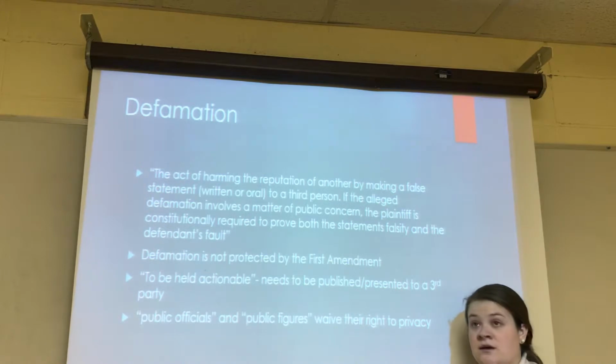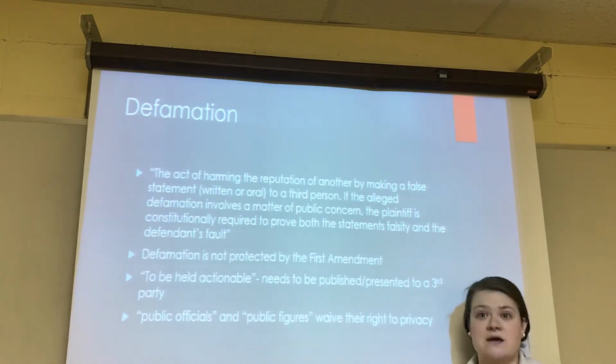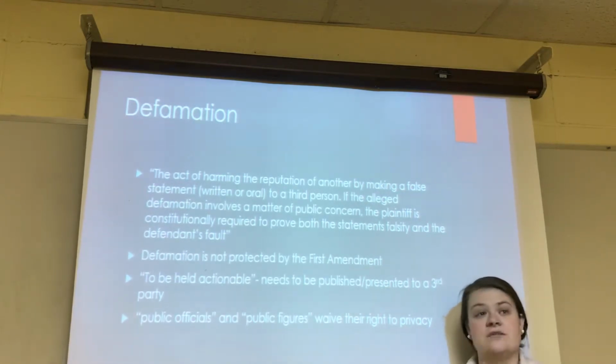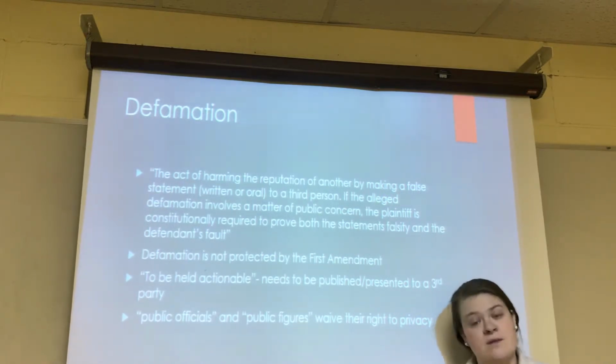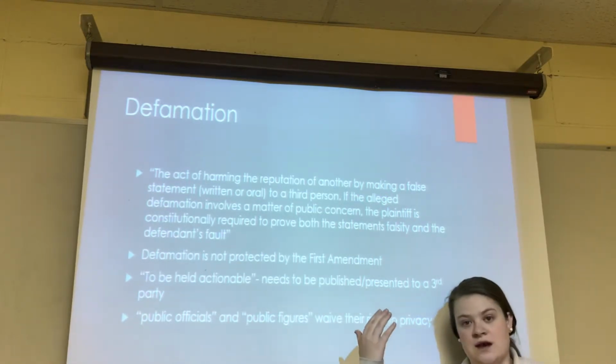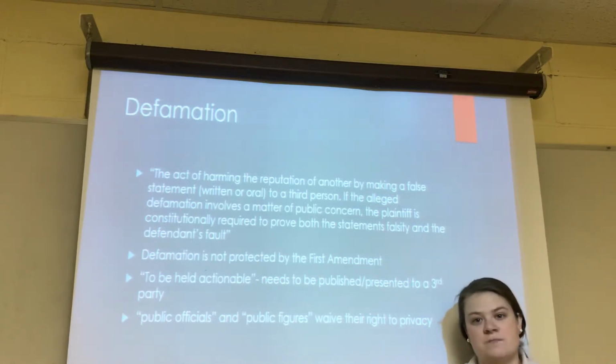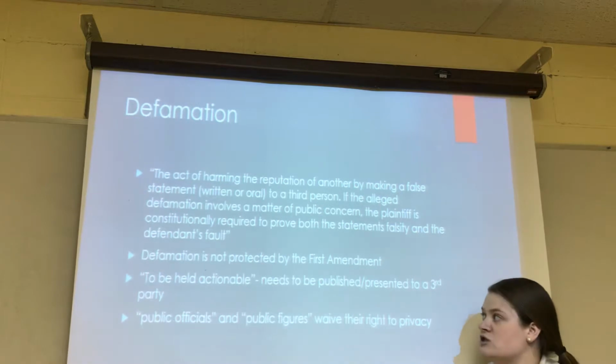Obviously, with abortion, there have been a lot of things where you're allowed to take a sign out. So this law just passed in New York. You're allowed to take a sign out and say pro-abortion, pro-life, whatever. But when it gets to a line where you defame someone, maybe you're pro-life and you defame someone that has had an abortion, that's not okay. You're allowed to say, yay abortion, yay life, but when it turns into blasting the other party, that's where it's cut off, and that's where defamation comes in.